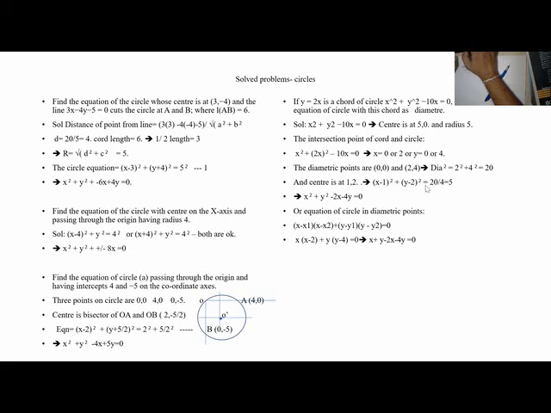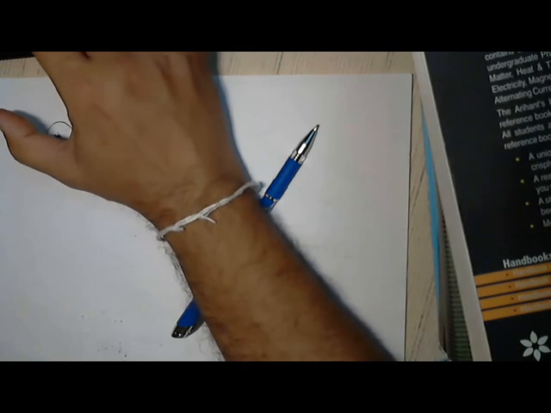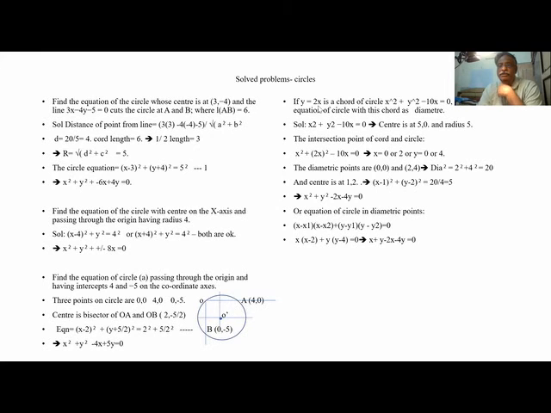Okay, let us see another problem. y is 2x is a chord of the circle. Find the equation of the circle with this chord as diameter. There is a chord given for this circle and we have to find the equation of the circle with this chord as the diameter. So we know the equation (x minus x1)(x minus x2) plus (y minus y1)(y minus y2) is 0 as the diametric form.